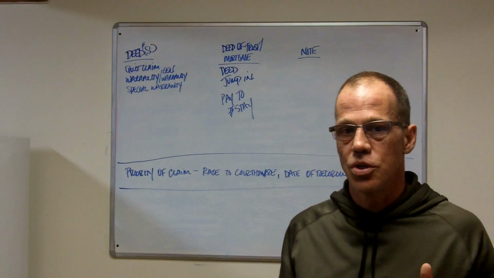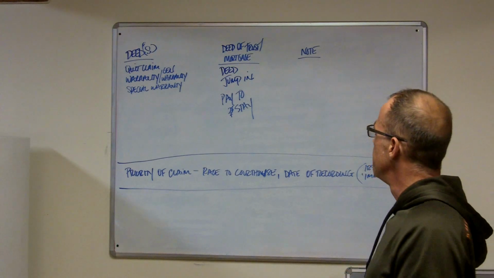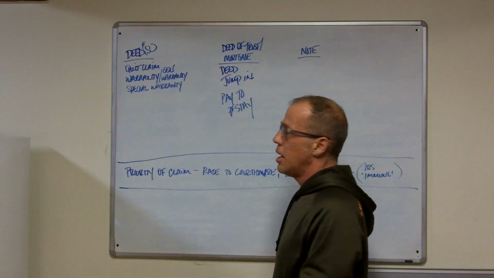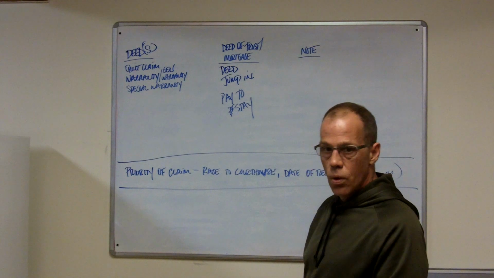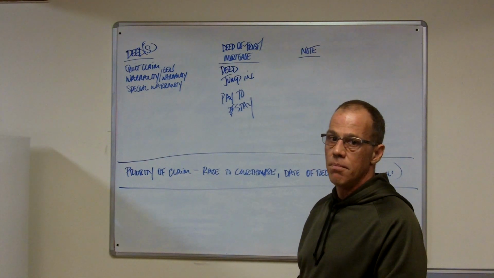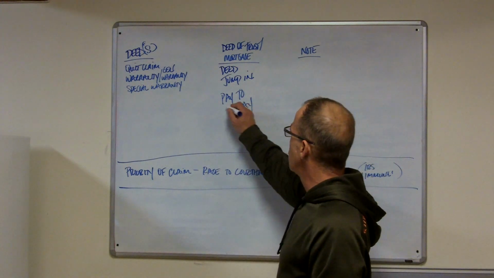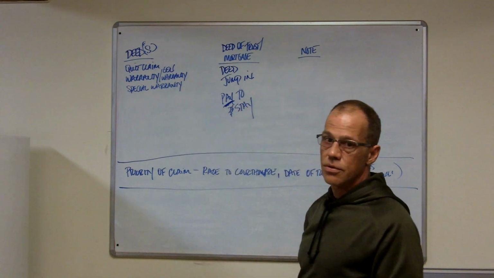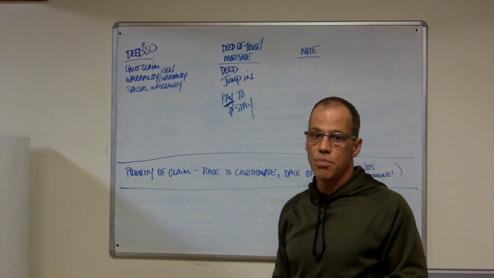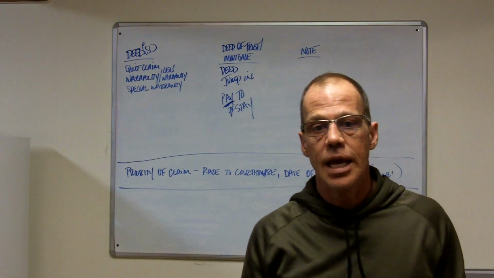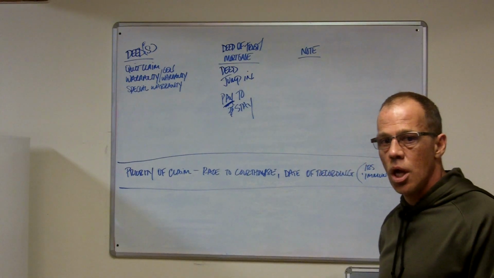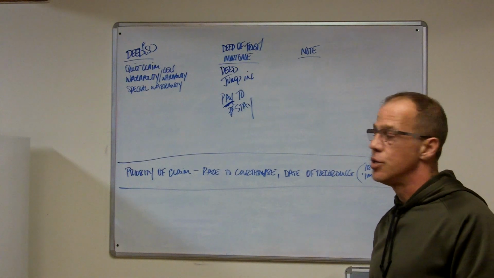Okay, this is a mortgage situation here. Depending on the state, it's either a deed of trust or it's a mortgage. It's the same thing. They're going to take that property unless you pay your bills. Unless you pay what you're supposed to pay every month, they have the right to come in and take it. That's what gives them the right to foreclose, deed of trust or a mortgage.